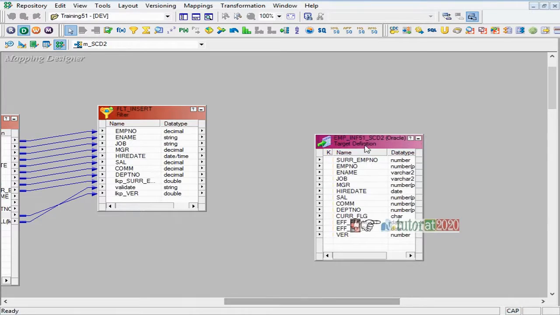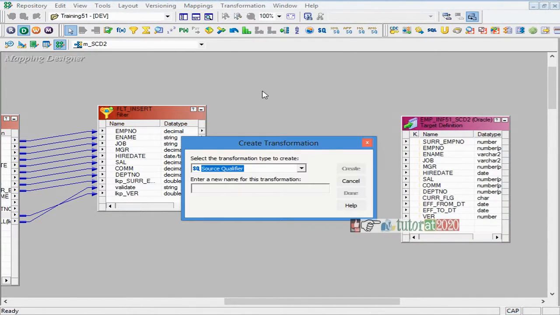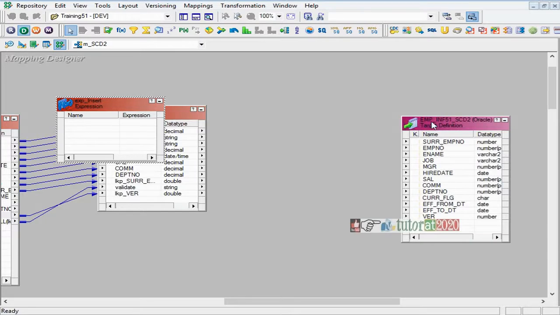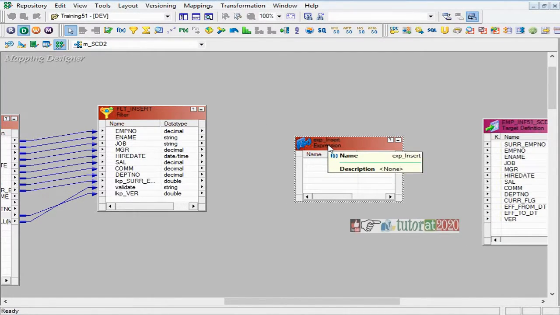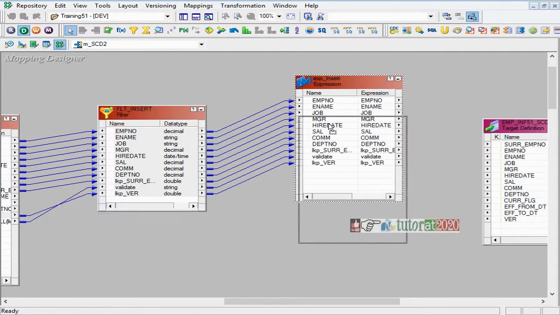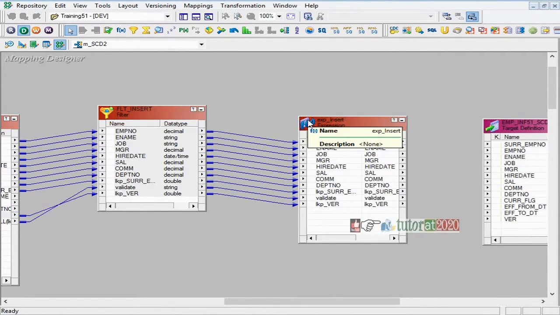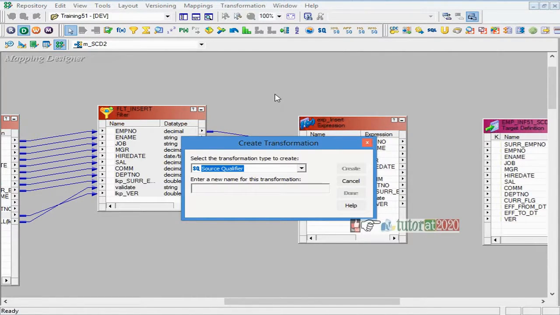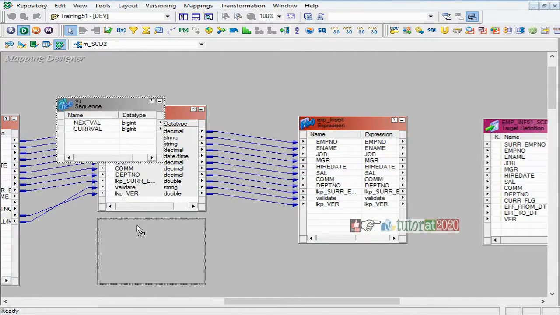They are all for insertion purposes, because it contains both new and changed ones, and I'm taking all the records. So we have data coming. Apart from this, we need a surrogate key, because both are getting inserted. For them, we need a surrogate key. So I'll take the surrogate key from here.